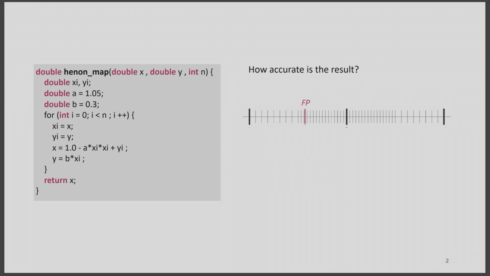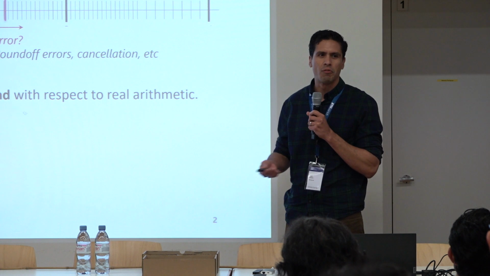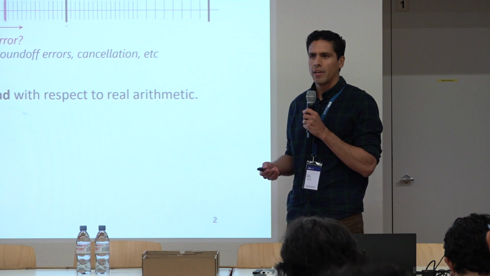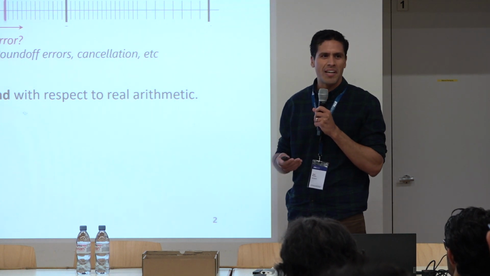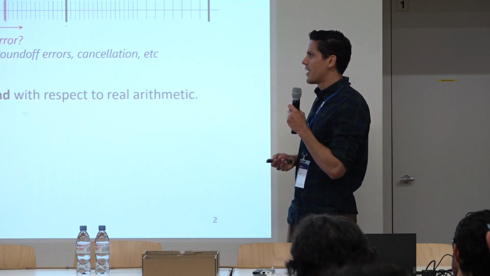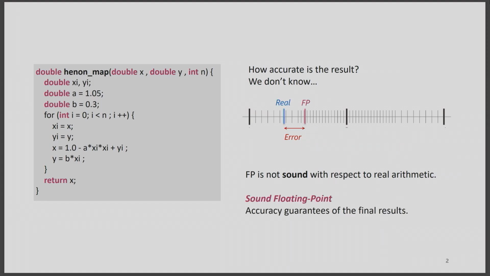Well, the actual answer is that we don't know. A lot of things can go wrong in the computation. You can have round-off errors, you can have cancellation, etc. And floating point is not really sound with respect to real arithmetic. I mean, floating point is sound with respect to the IEEE standard, of course, but not for real arithmetic. And we as programmers like to use it as it is. We normally program as if floating point is just reals, and we expect the best of it, right? So this is what I mean by sound floating point: to try to get accuracy guarantees